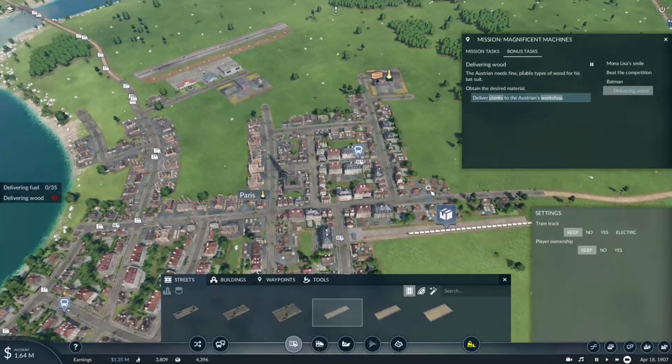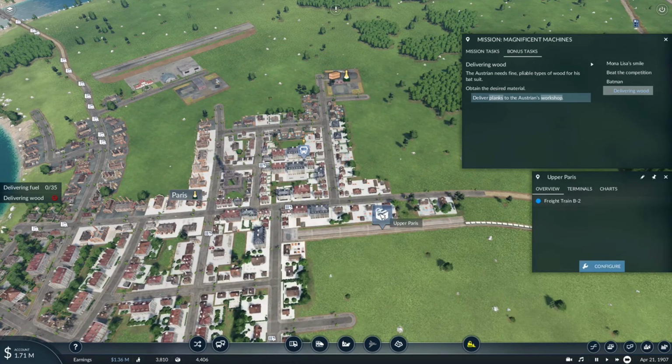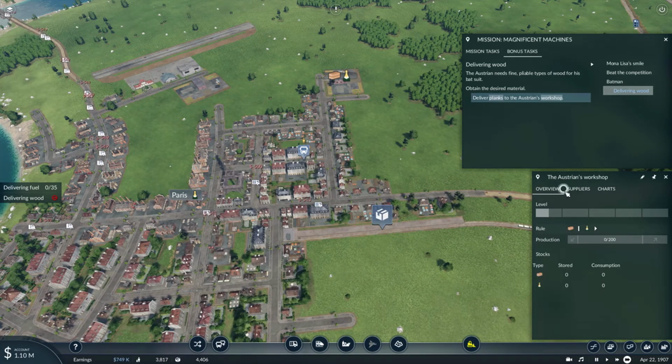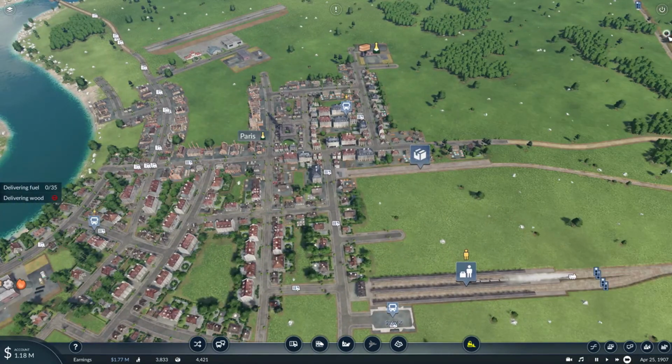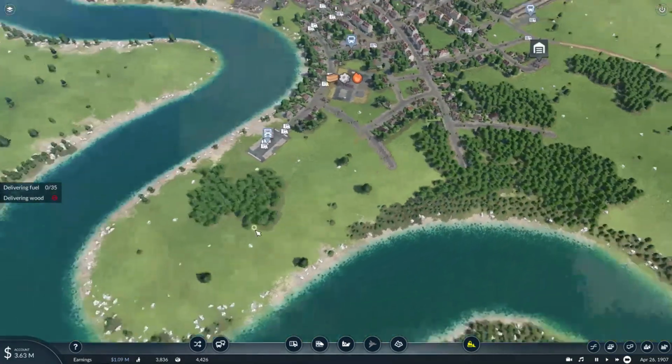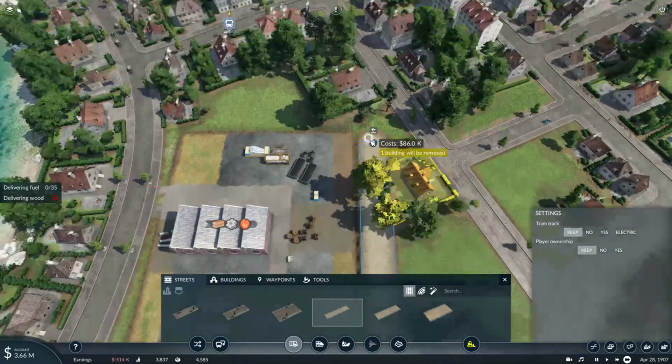Obtain the desired material. So now we have another destination for our lumber, as well as champagne. So if there's too much champagne not being delivered into town, we can at least deliver wood there. Well, if there's a lot of... You know what I'm saying. Speaking of which...